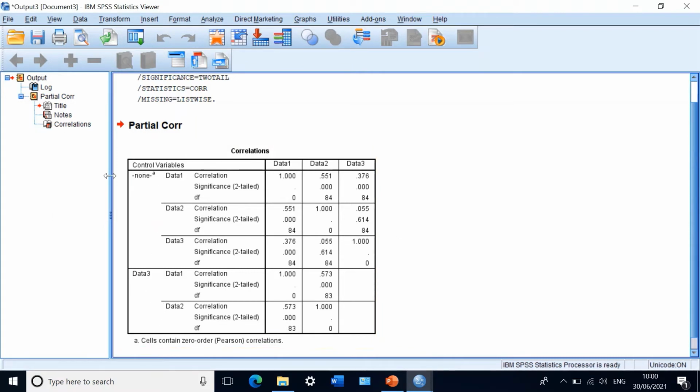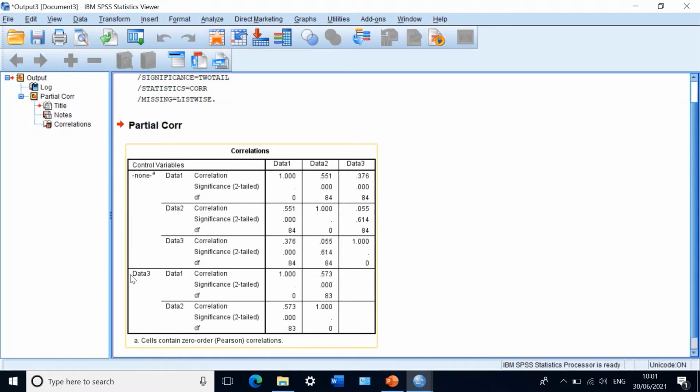The top section, which indicates none, means there is no controlled variable, so all the variables have been correlated with each other without controlling the effect of data 3 on 1 and 2. However, in the bottom section, data 3, as indicated here, has been held constant. So its effect has been removed, and the correlation was calculated between data 1 and data 2 without data 3